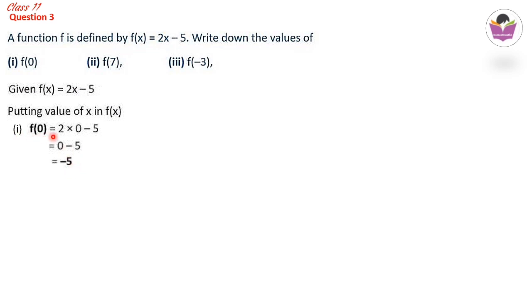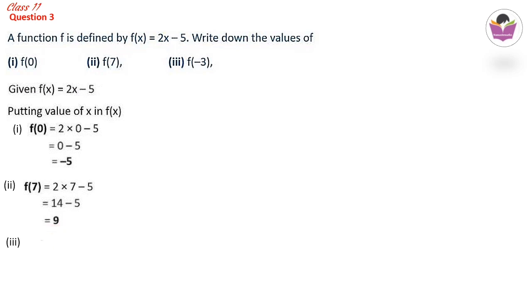Quite simple question. Remove x and substitute that value which is given to us instead of x. Here instead of x, 0 is there, so that's why we substituted 0 by replacing x. Then the second one is f of 7. Here instead of x, 7 is there, so 2x minus 5 is our function. Just remove x and substitute 7. So 2 into 7 minus 5. 2 into 7 is 14 minus 5. 14 minus 5 is 9.